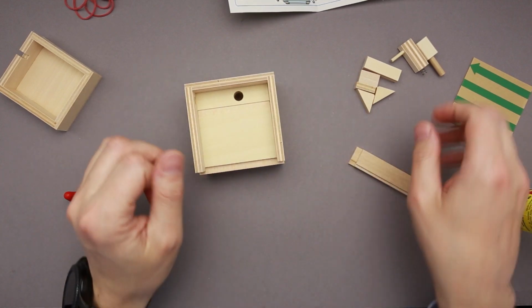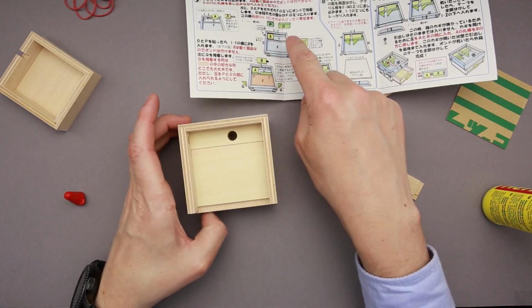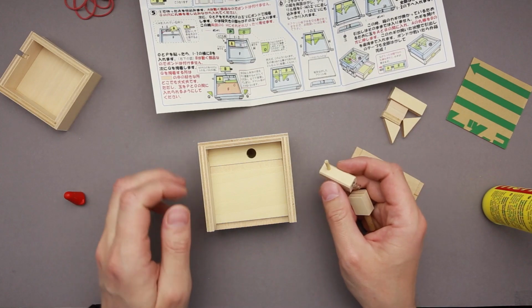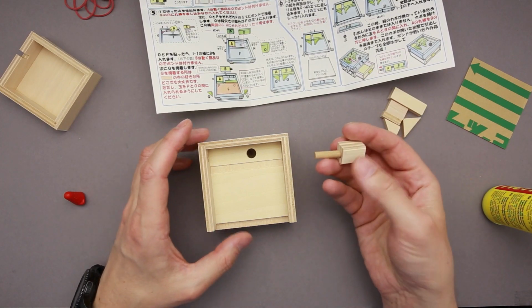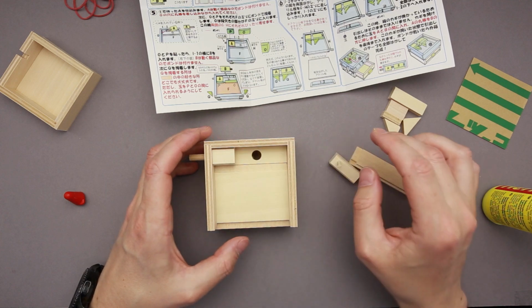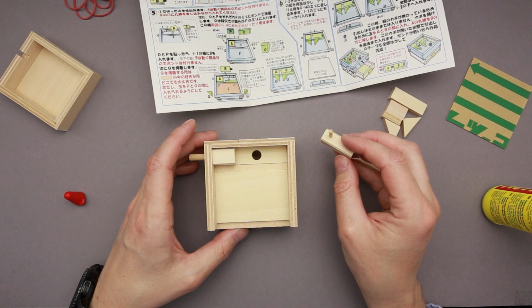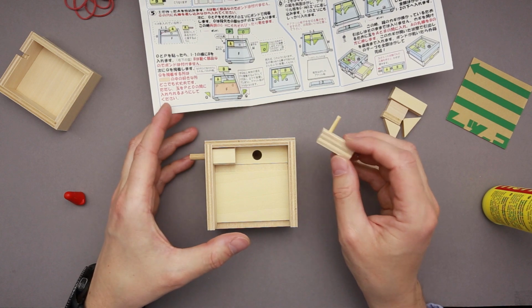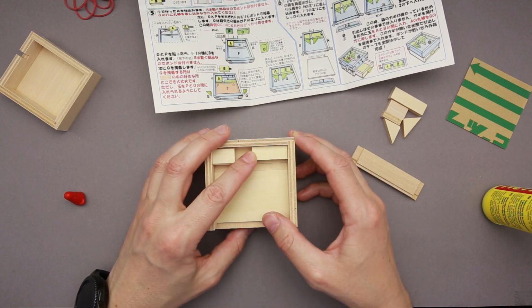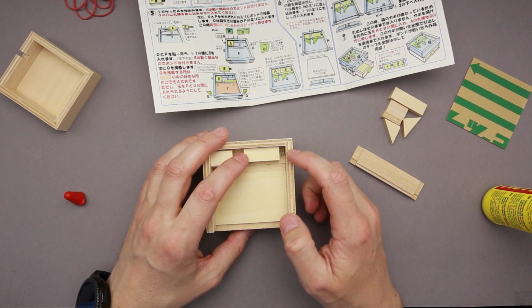Okay, so the next one is gonna be to put the mechanics inside. And that's gonna happen like this. I'm gonna grab a smaller piece, and I guess I have to put it right here. Then I have to grab the bigger piece. And what I have to do with it, put this part inside, and the spring is gonna be touching this